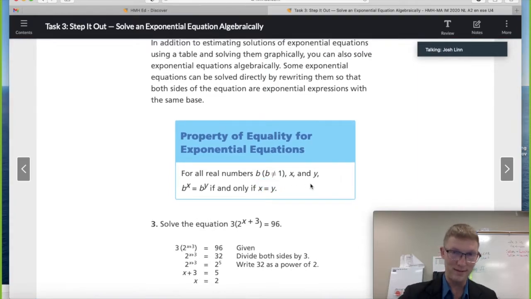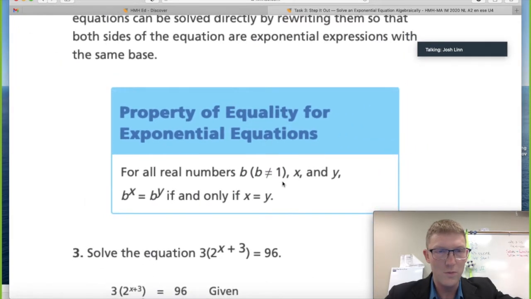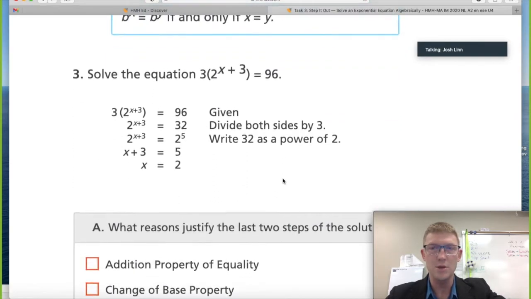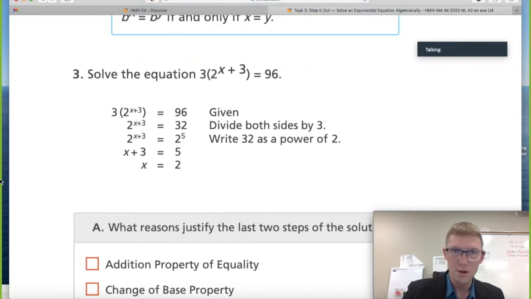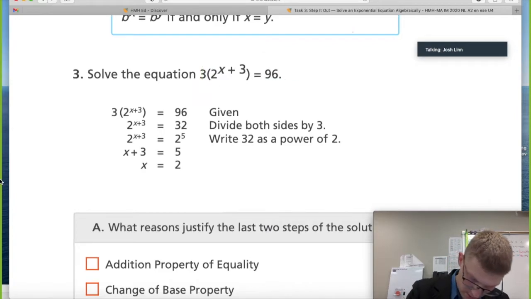So again, you're going to try to get both sides of the equation equal to the same base, b, and then you can set the exponents equal to each other. I think we've seen these before, and I don't think it's quite earth-shattering math, so it's not too bad. We can do an example. We've got this equation right here. Step 1, we're going to divide both sides by 3